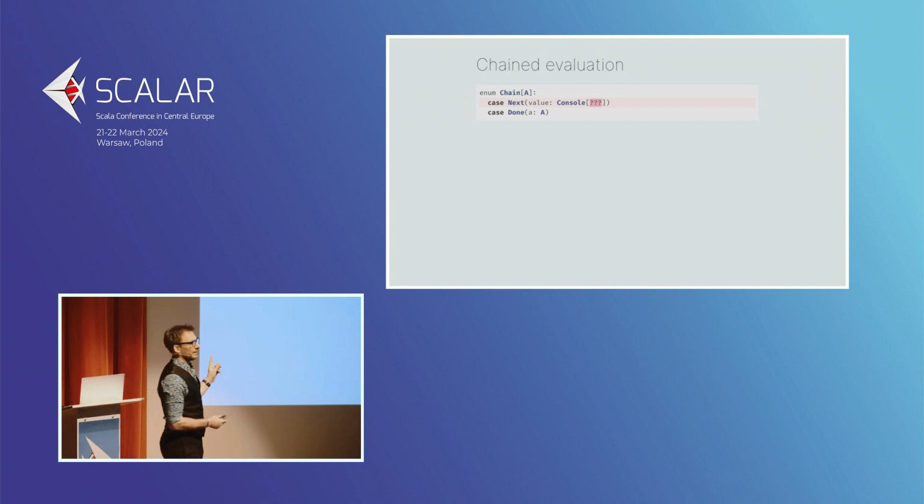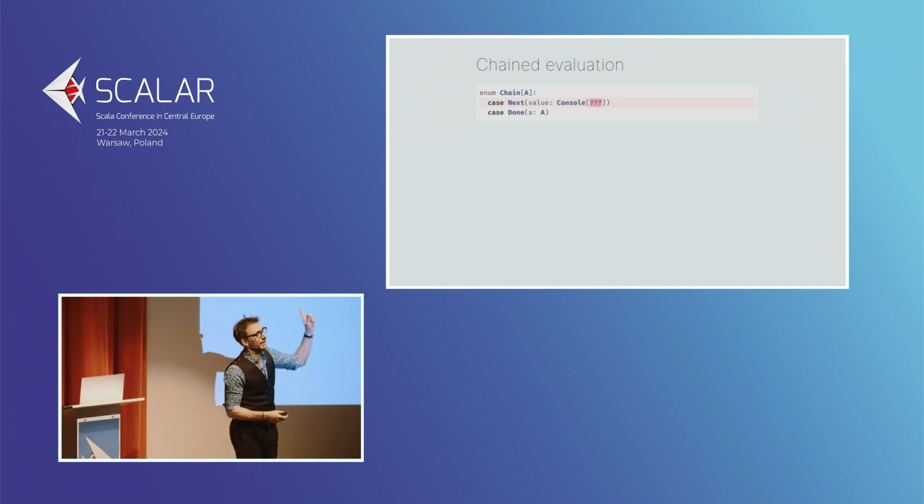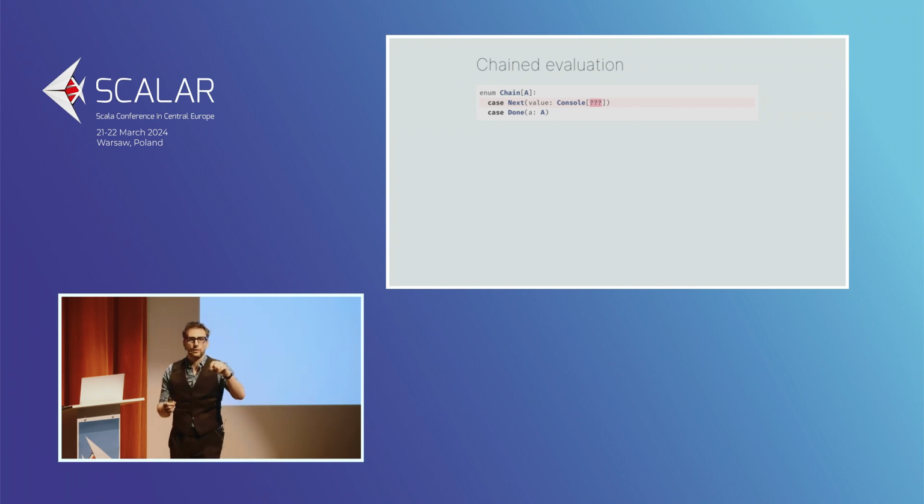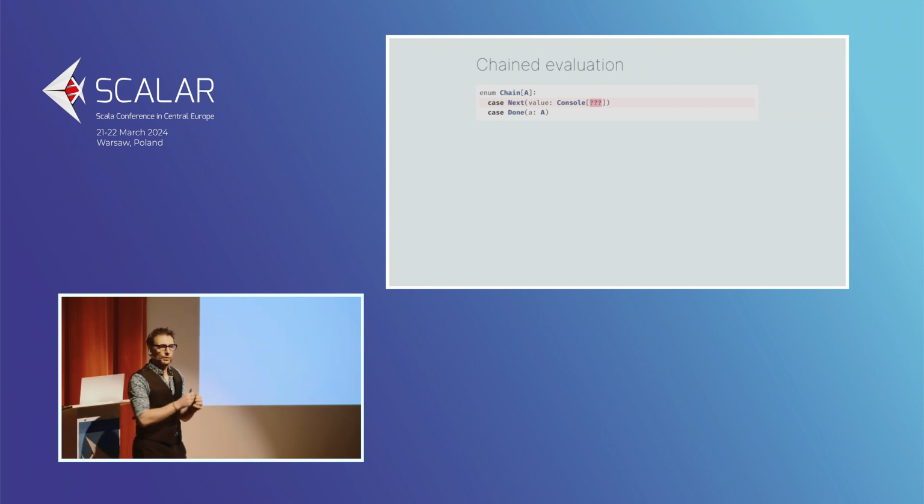But if you think about it, that doesn't work, because if you have a console of A, that means that console is going to return a value and stop there. And we want an arbitrarily deep chain of statements. So what you need here is a chain of A. And if that type next looks very, very familiar to you because you have, in fact, studied fix, that is not at all a coincidence.